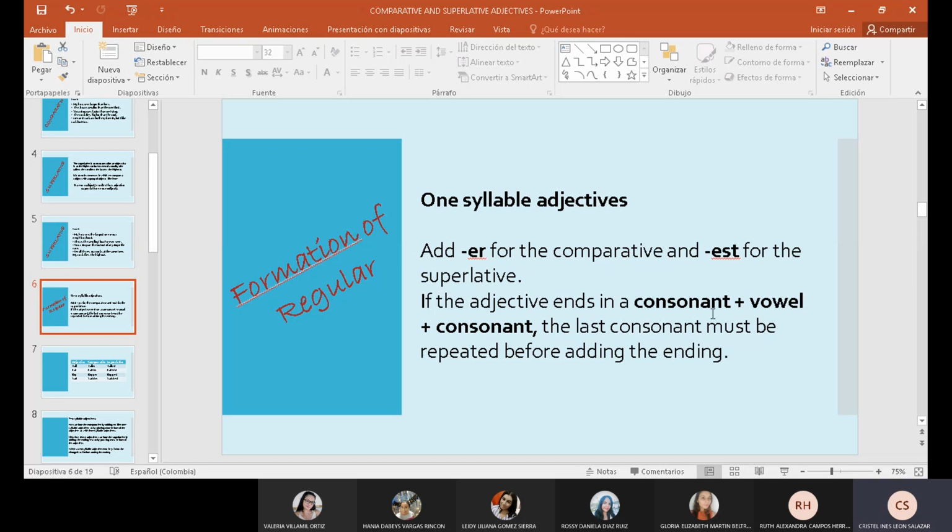If the adjective ends in consonant, vowel, consonant, the last consonant must be repeated before adding the ending. Si el adjetivo termina en consonante, vocal, consonante, la última consonante se repite antes de añadir la terminación, sea er o est. Okay, por ejemplo, for example, tall,